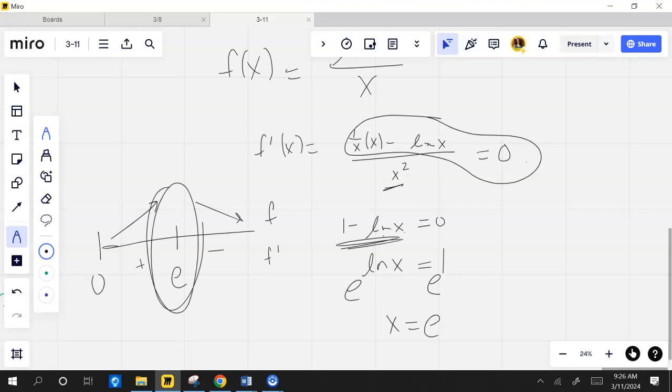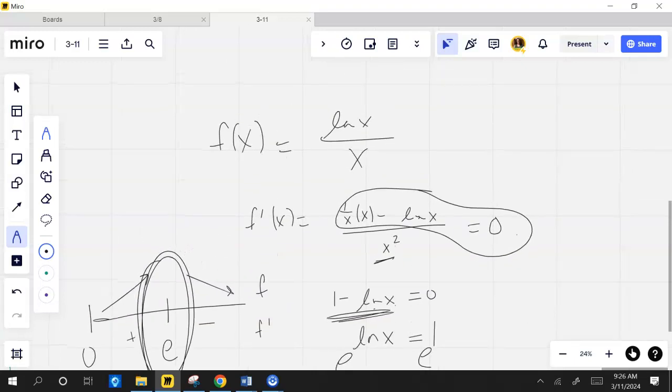So my maximum is occurring here, but again, it asks me for the maximum value, not where it occurs, but the maximum value. So I have to take it one step further. Luckily, e was not a choice there, so you couldn't mess up on that part, but you do have to plug it back in. The f of e is log e over e, which is